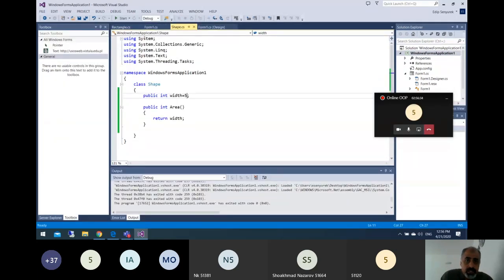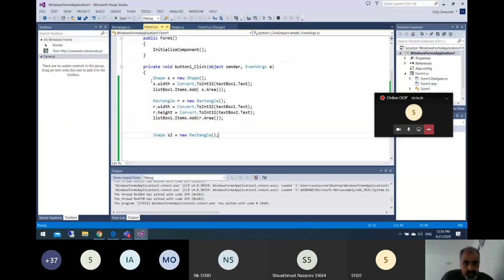So why did I do that one? Because I'm trying to make the third operation. First operation, shape that we created. Second operation, rectangle that we created. Now, from shape, I created a variable which is S2, and I created an object which is rectangle into S2. All right. So question, can I say S2 dot